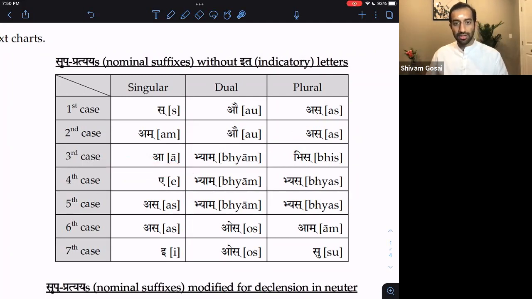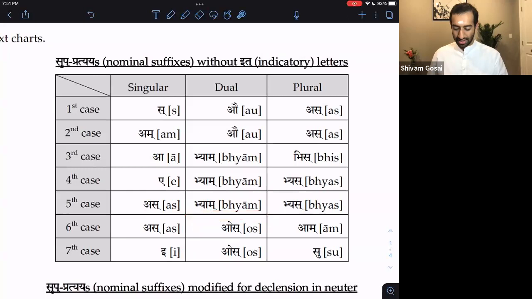Atmana. Then nakara goes away at the end. So Atma-bhyam. Atma-bhyam. Atma-bihi. Sakara always becomes visarga, right? So Atma-bihi. Atman, Atmane, right? So Atmane, again, the nakara goes away. So Atma-bhyam, Atma-bhyaha. Nakara comes back. Atmanaha,